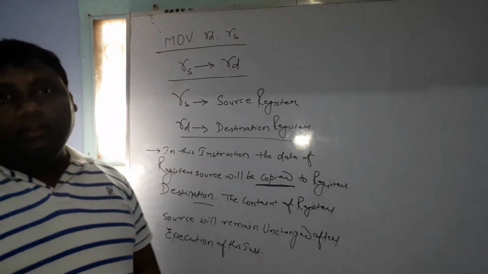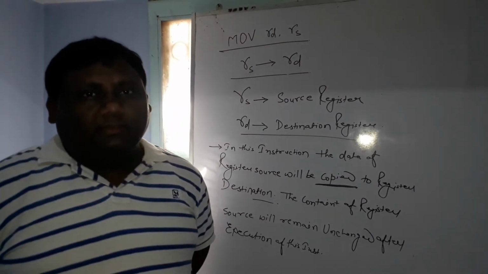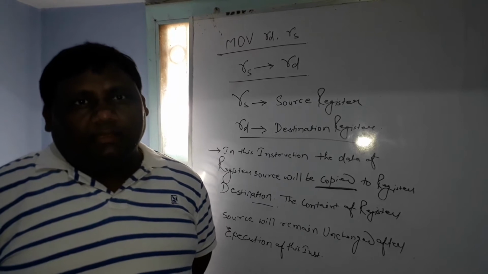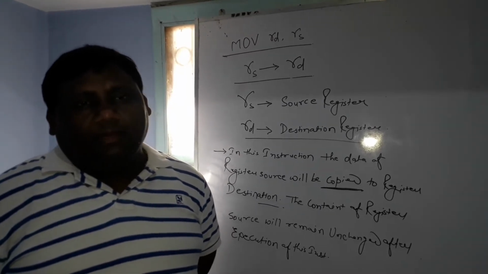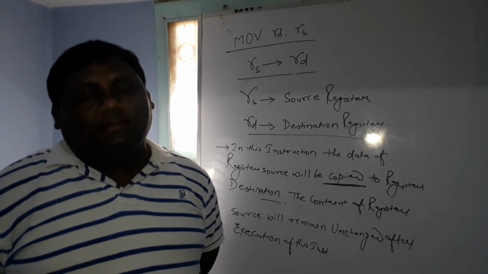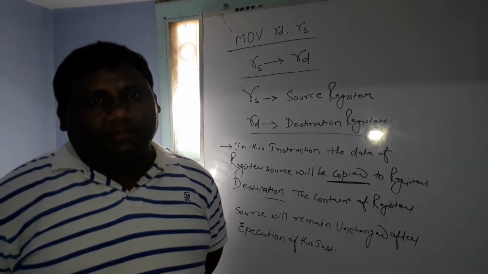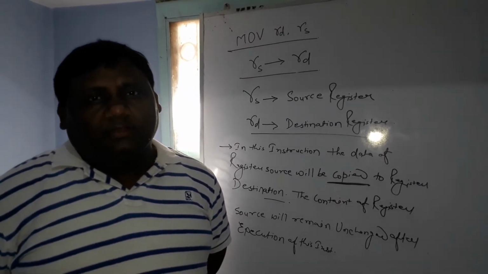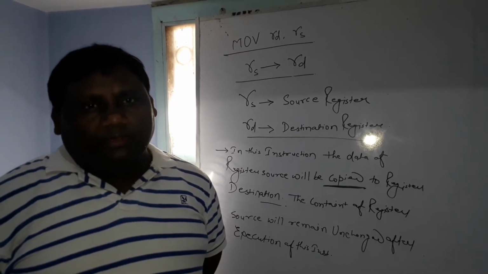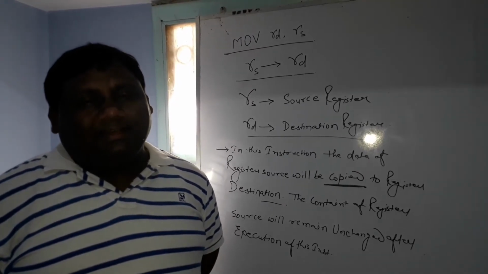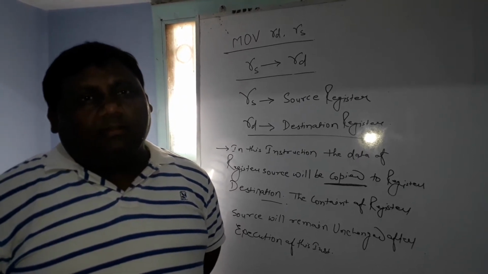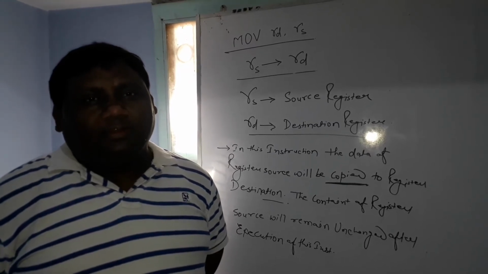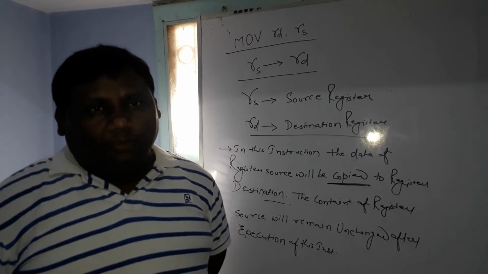Student, in 8085 microprocessor, today we are going to discuss the instruction set. In the instruction set, I have already classified the different groups of instructions, where the data transfer group comes first. In the data transfer group there are 13 instructions, and those 13 instructions are very useful for writing and understanding programs.